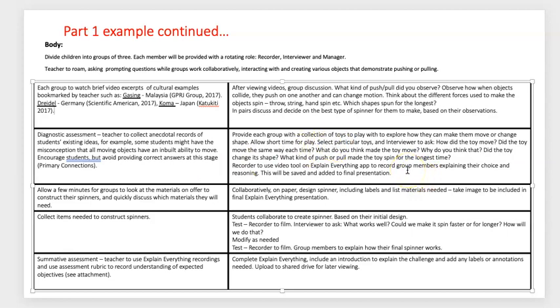So the next stage of my activity, I'm going to provide each group with a collection of toys to play with and explore. These are all going to be very short little spurts in this activity, and they're exploring how the toys move or change shape when they move. So they're going to have a short time to play, they're going to select a few, and then the interviewer,